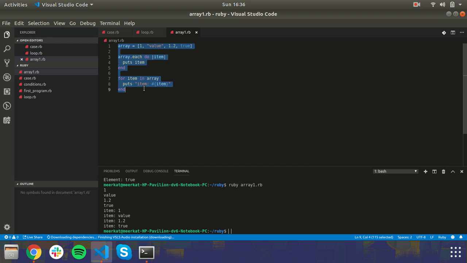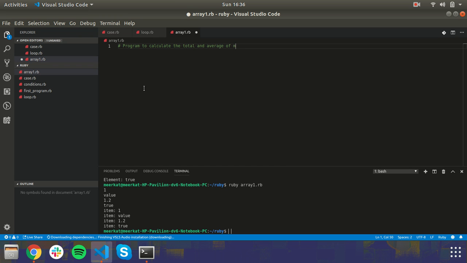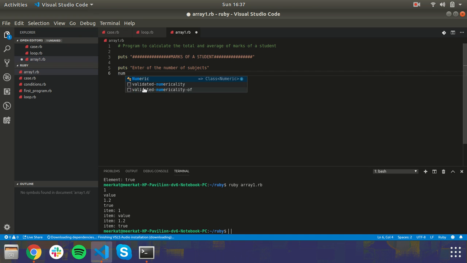Okay, let's make a program to calculate the total and average of marks of a student. Kind of a typical college school level C programming example. Let's see how we're gonna do that, right? So before doing that, I want to make it look nice. Marks of a student. Let's say you want to take the number of subjects also from the user. Now number of subjects